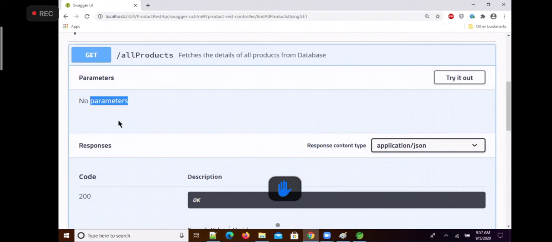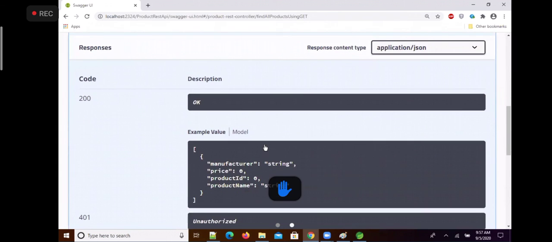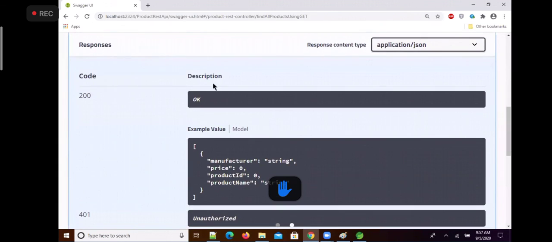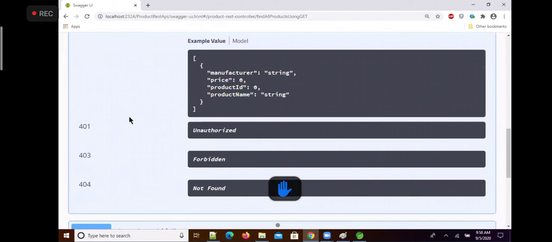Response content type application/json, and these are the default response codes with the descriptions. 200 code means okay. We can customize this also, but 401 means unauthorized. 403 means forbidden. 404 means not found.